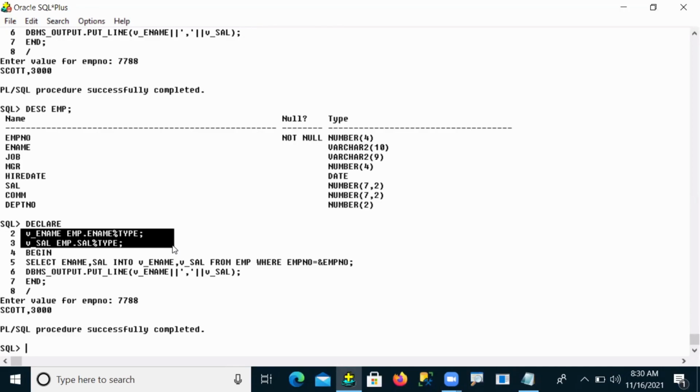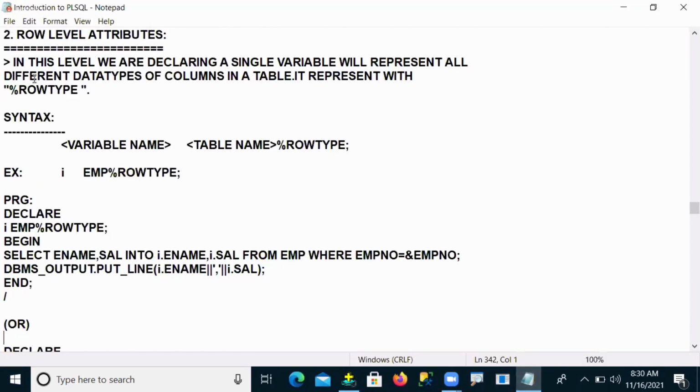One is better. Yes or no? That is what row level attribute tells us. In this level, we declare a single variable.